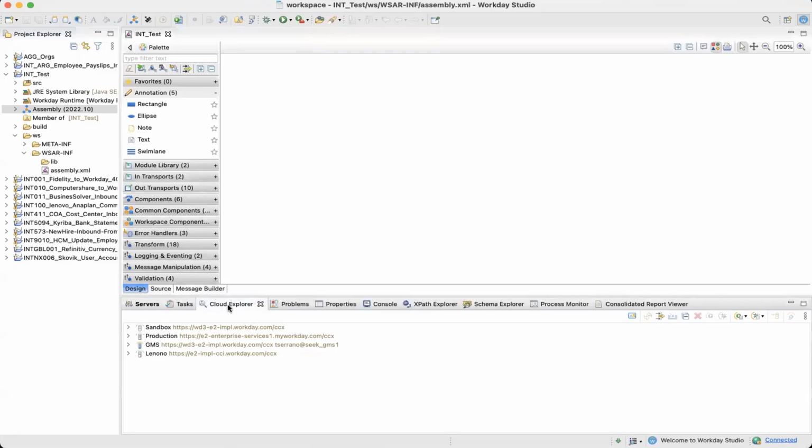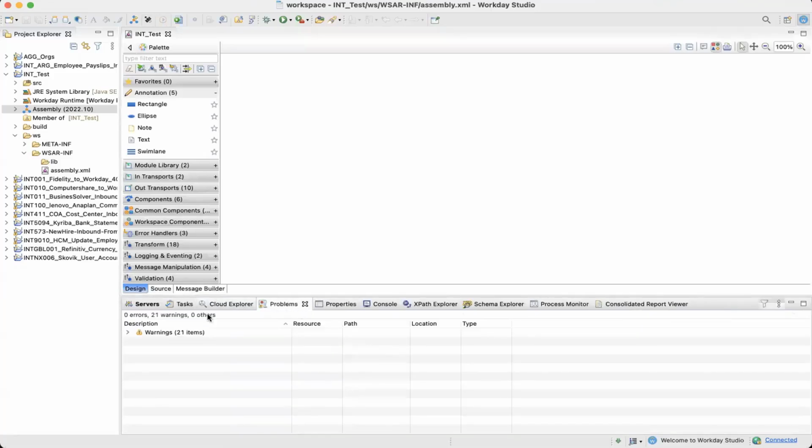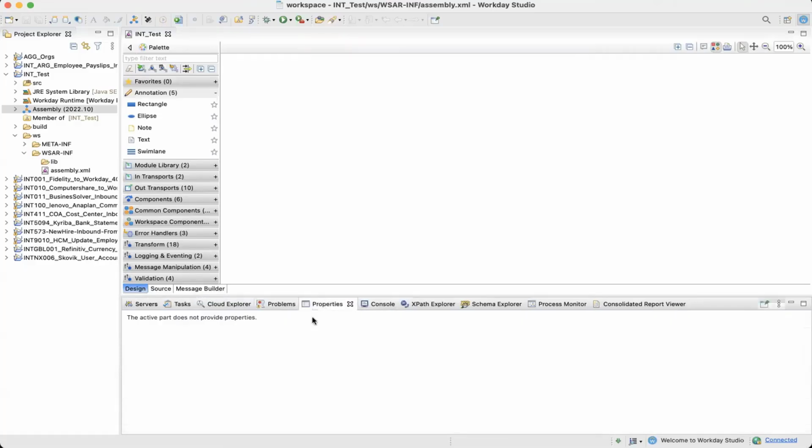Cloud Explorer is the one you use to connect to the cloud. Then you have the Problems tab. It will tell you about any errors or warnings. Properties: whenever you open a component and click on that, it comes to the Properties tab. That's where you do the configuration.